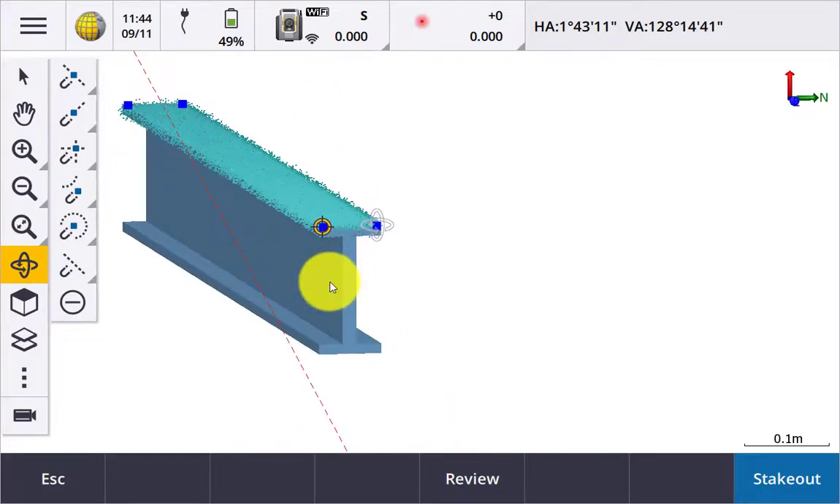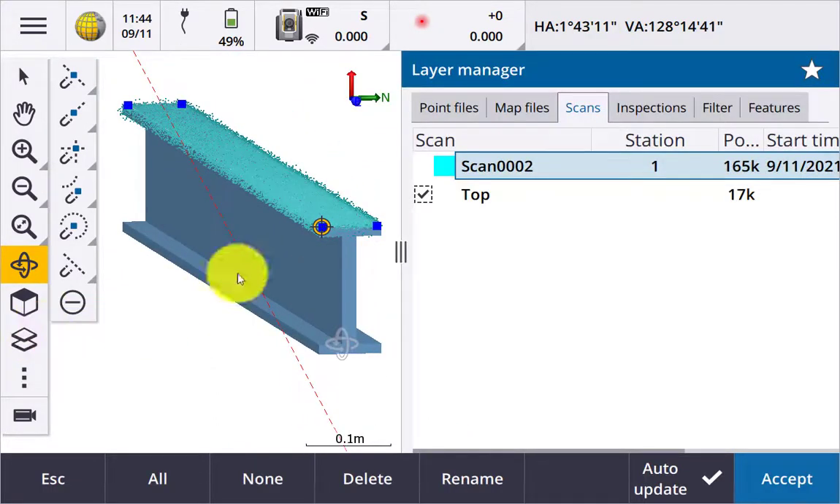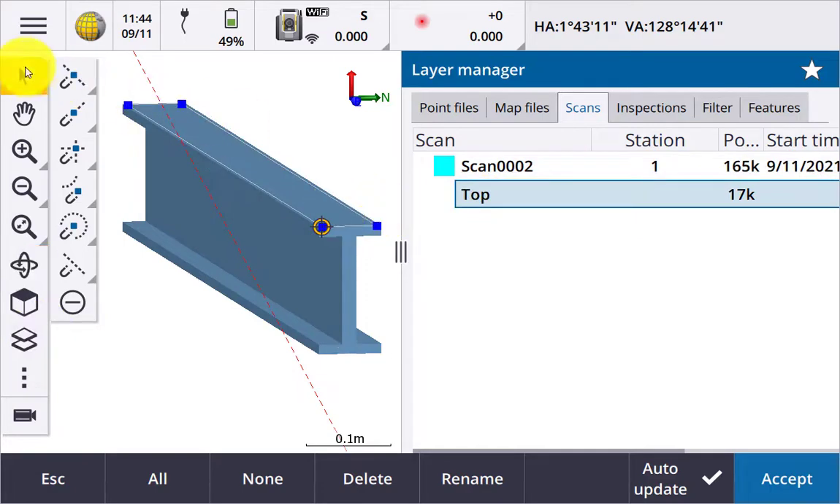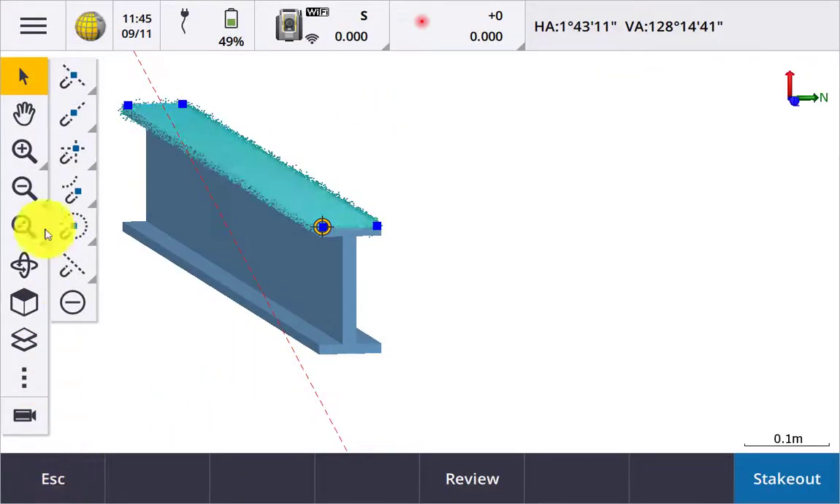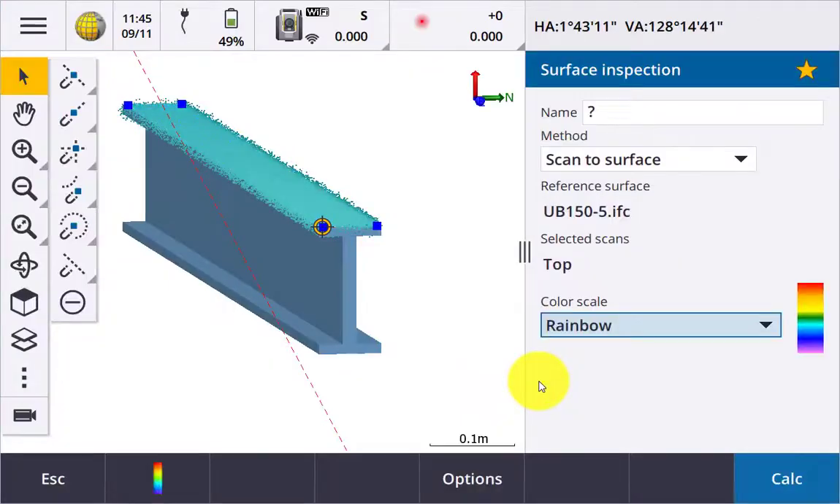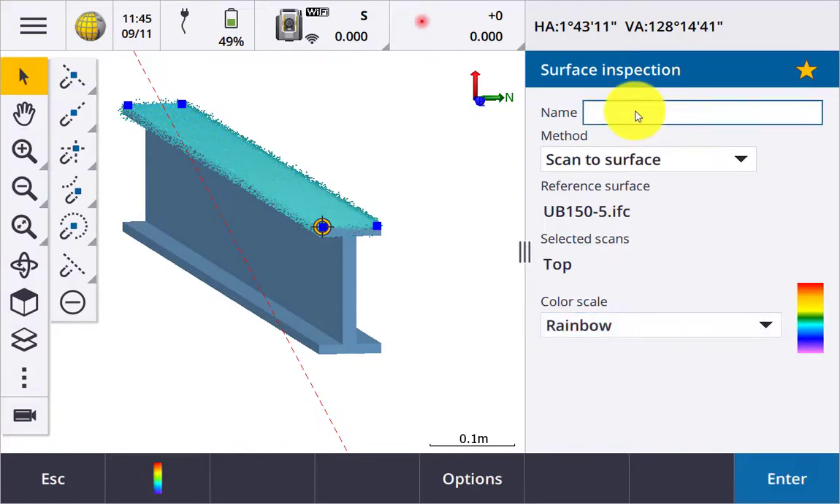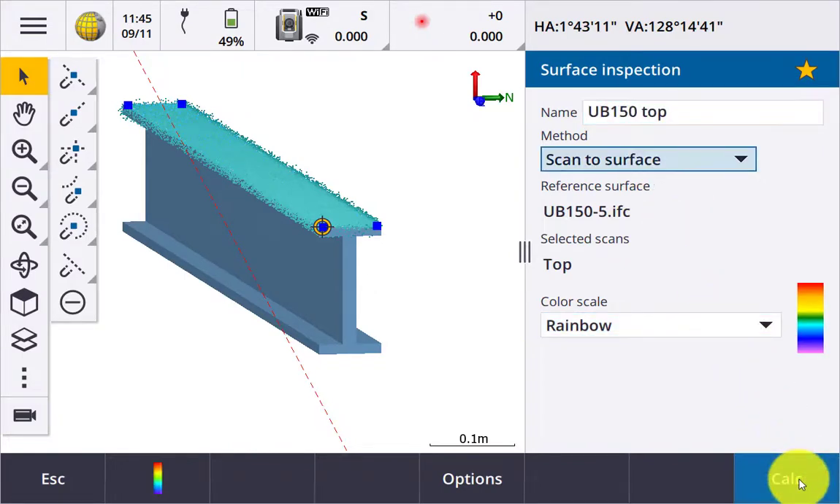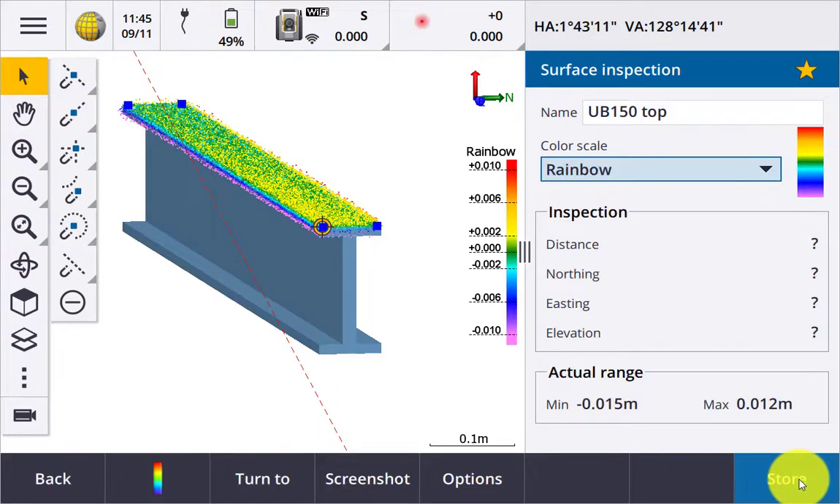Got rid of those. Now what I want to do is a surface inspection. So I'm going to select the surface that I want to inspect against. I'm going to switch on the scan points, and then we're going to go into surface inspections, and now we're doing a surface inspection between the top surface of that universal beam and those scan points, and those are our